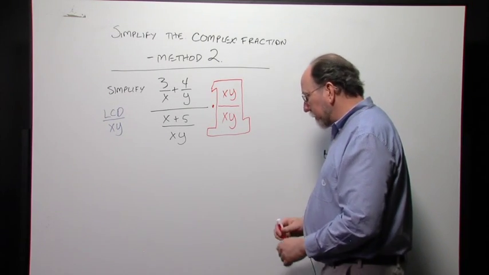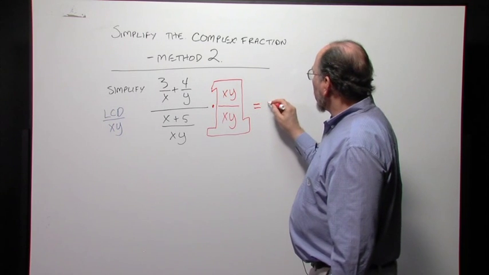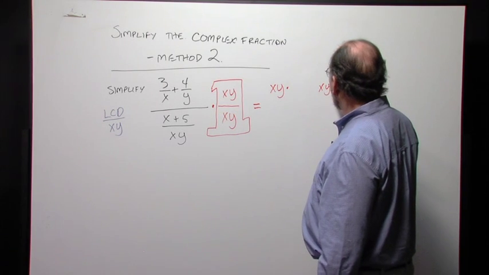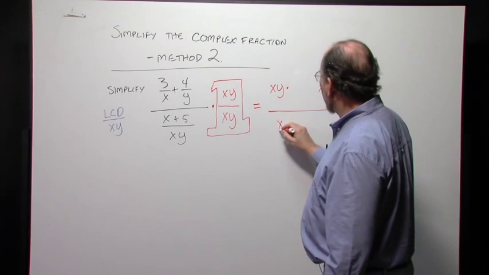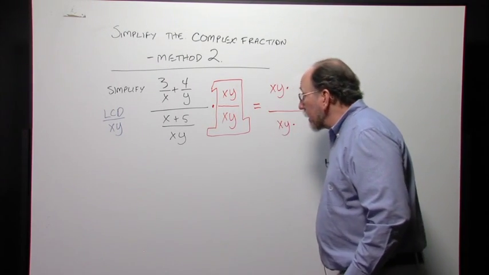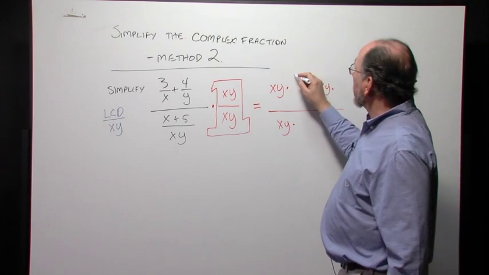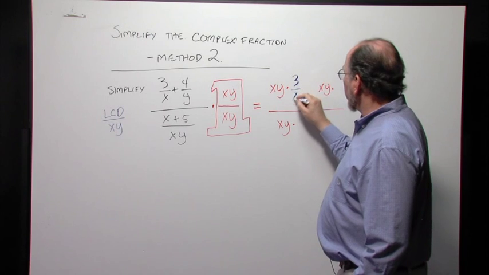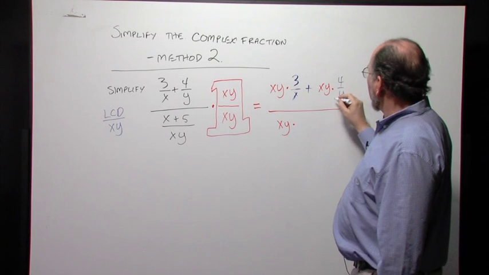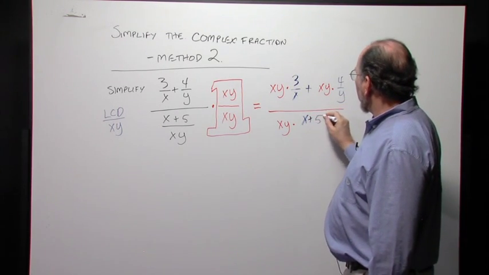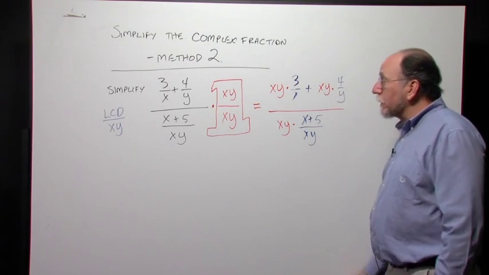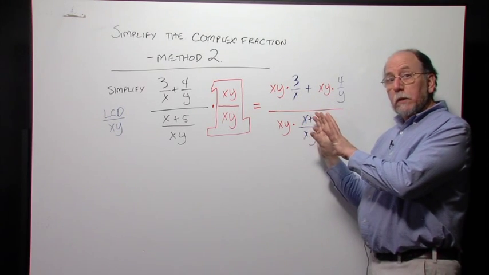So now we're going to rewrite this. We're going to write that xy next to each fraction. Okay, I'll put it like that and write the original part in the black that it was. 3 over x, well that's blue, but it doesn't matter. 4 over y, and x plus 5 over xy in the bottom here. Okay, we write out this step here to make sure that we